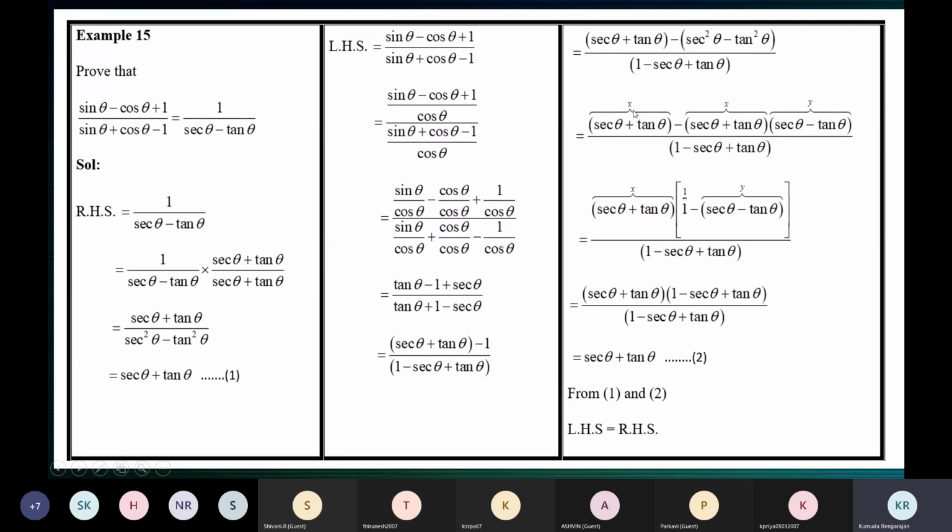Now we have an expression that looks like x minus xy. X minus xy. How will you factorize that? You will take out x common. And in the bracket, you will get 1 minus y. See here, you will take out this x common, and in the bracket, you will get 1 minus y. Because x into 1 is x, x into y is xy. See it? This x into 1 is x, minus x into y is xy.